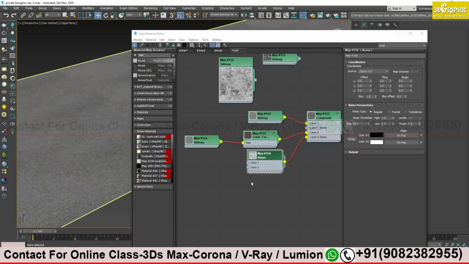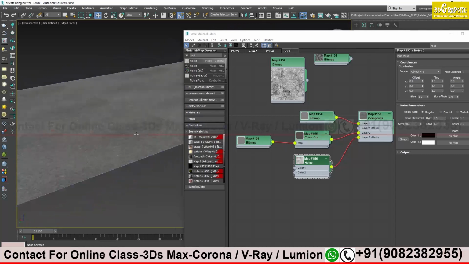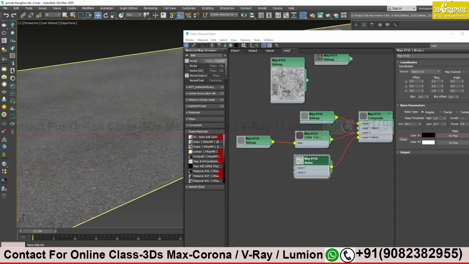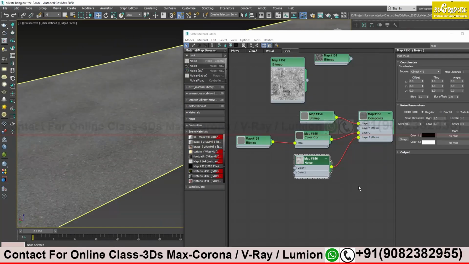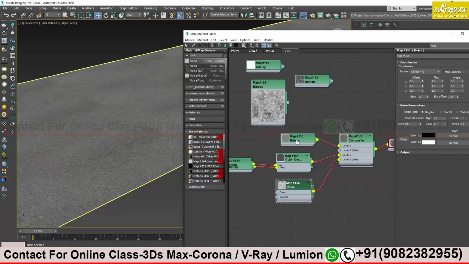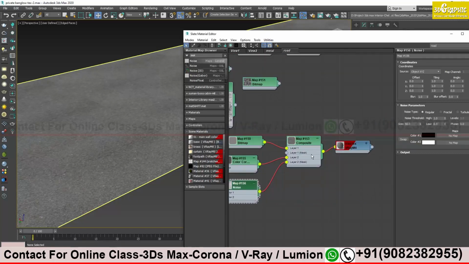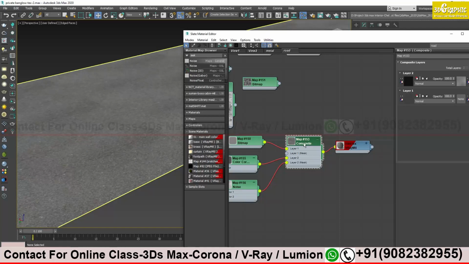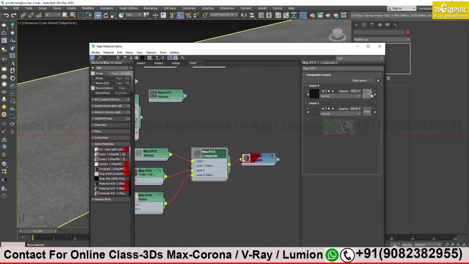So this is the basic thing I did. I just did a masking of my noise, so that some portion will be a darker road and some portion a lighter road, so an uneven kind of texture will be there. Now let's apply one or two more layers over here. Just double click on composite, and over on my right you see an icon to create a new layer. I will create one more layer over here.